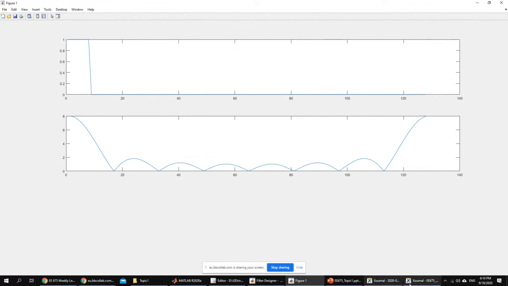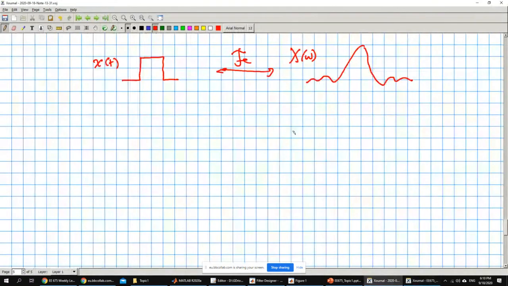If you go back to what we were talking about, this is supposed to be the spectrum of the gate function. The 0 is here in the middle, so the peak here is at 0. MATLAB basically starts from 0 and on, and it gives you a limited amount, because we're talking about a discrete